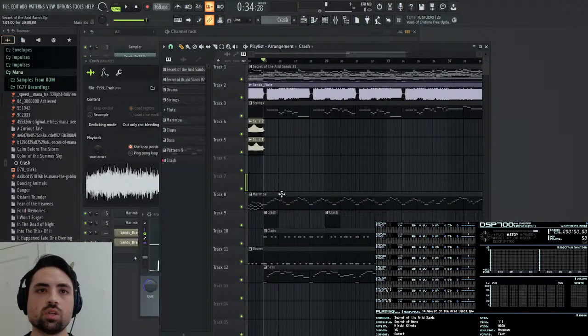So that'll do. I think it's every 4 bars that they have a crash. Let me see.